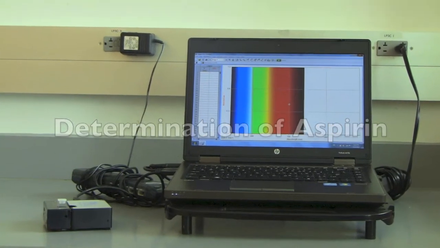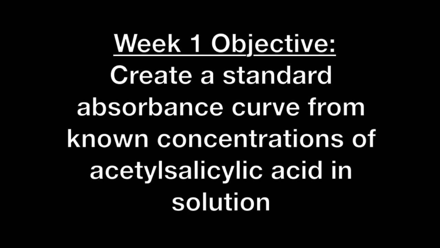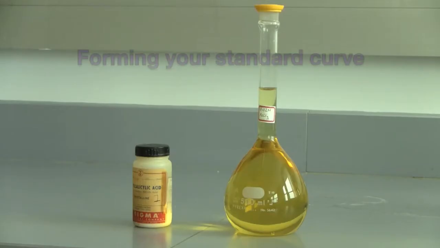Determination of aspirin. Experimental objective: to measure the percent of active ingredient, or acetylsalicylic acid, in an aspirin tablet. Week 1 objective: to create a standard absorbance curve using solutions of known concentrations of acetylsalicylic acid, forming your standard